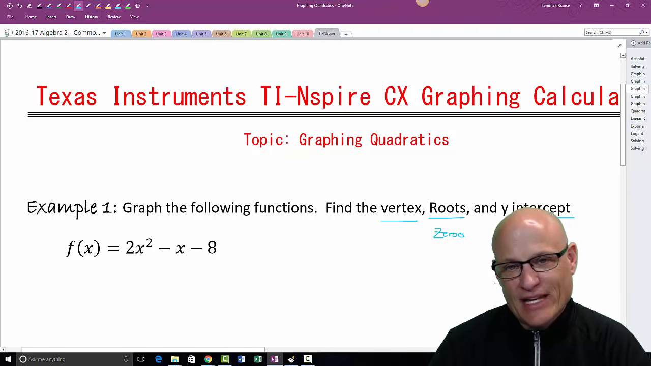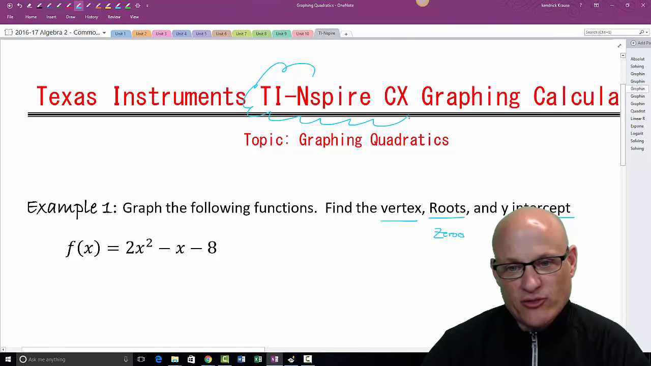how to change the window so you can see it. Ooh, I don't have a graph like that. I'm going to have to change one of these so I can see it. I'm going to do a lot of things, just simply showing you how to use the TI-Nspire CX graphing calculator